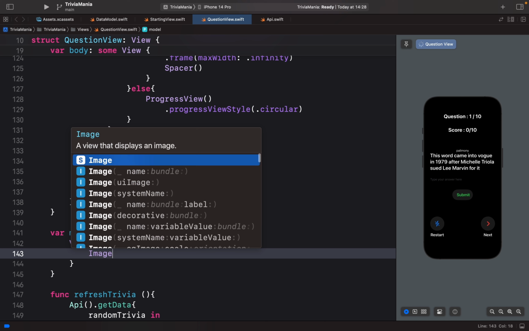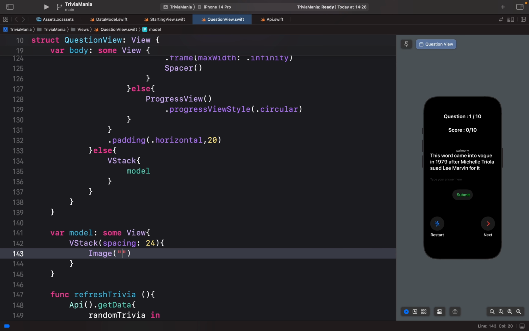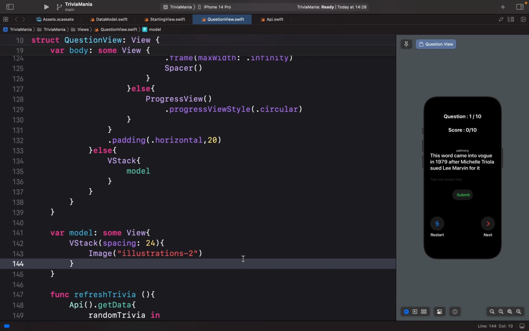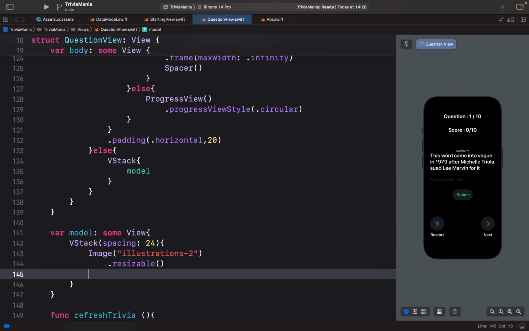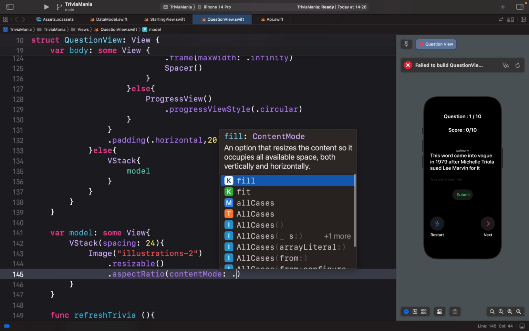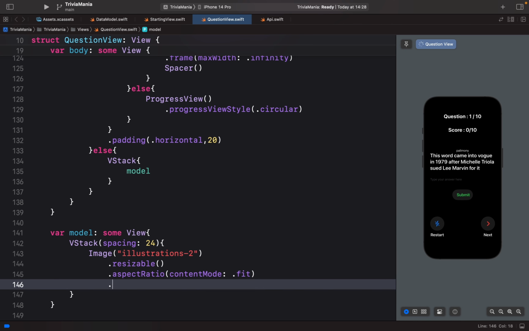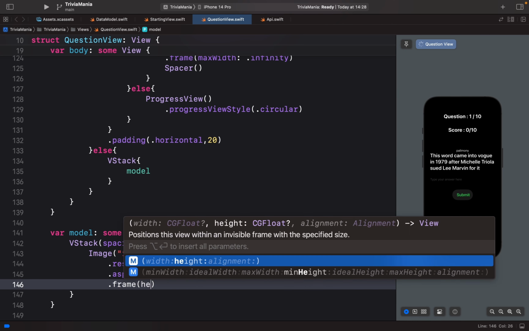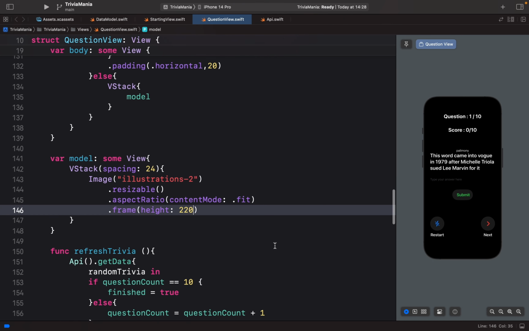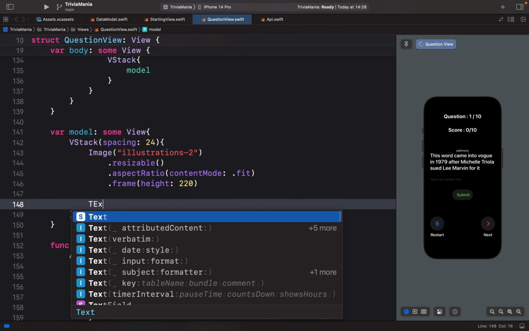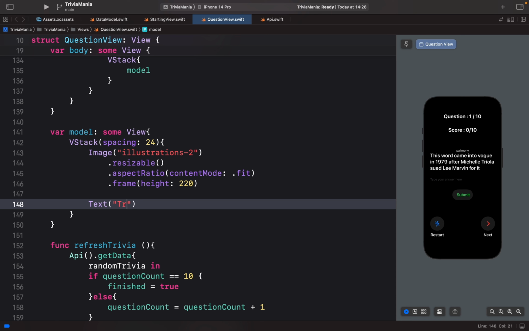Yep. And we have the image, and the image would be illustration 2. Let me just copy and paste this one. And it's resizable, and the aspect ratio would be content mode fit. And here the frame would be height 220. And after that we have a text here, Trivia